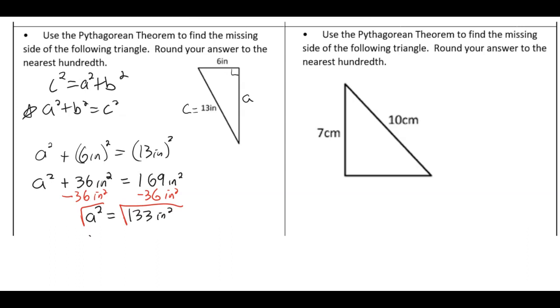So the square root of a squared is a. The square root of 133, I'm not sure, but I don't think it's a whole number. I know it isn't. And the square root of inches squared is inches. Now because this question is asking us to round, we can go to our calculator to finish the job, to the nearest hundredth. So if we take a look at a calculator,